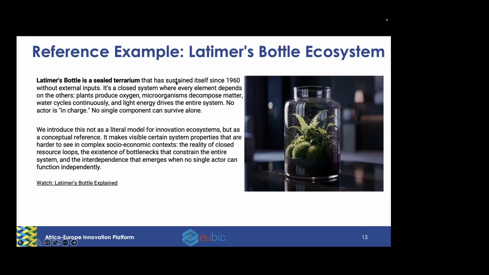Hi, please go ahead, Martin. Thank you very much. Yeah, I watched some of the videos, and it's great. If you look at the reality of the ecosystem, it shows how interdependent every element in the ecosystem is on the others. And so I like